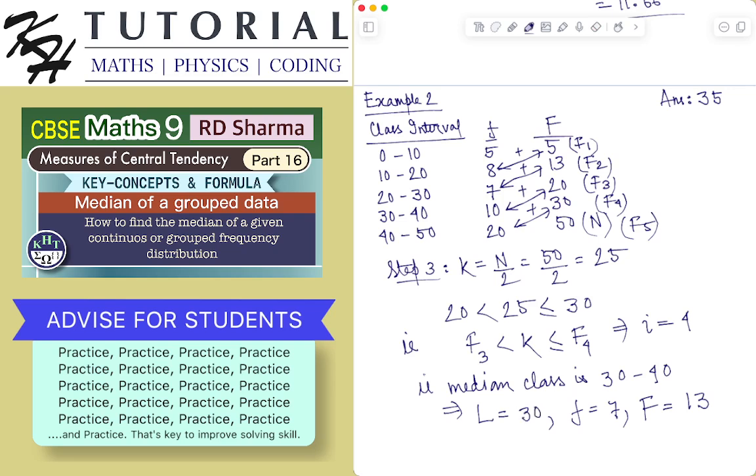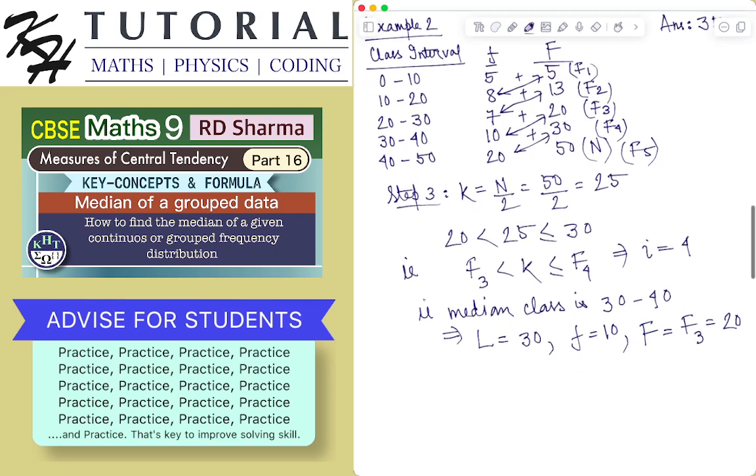The frequency of the median class is 10. Capital F is the less than cumulative frequency of the class just preceding the median class. So it will be F3, which is equal to 20. Okay, so now for the median, what is C? The class width, the class size, is obviously equal to 10. So this implies the median